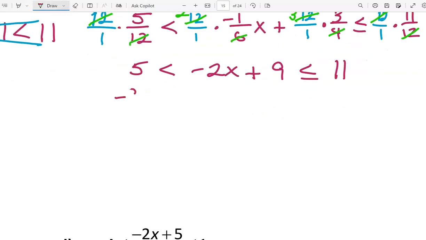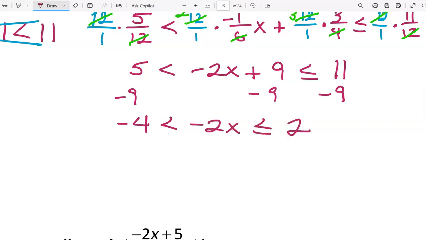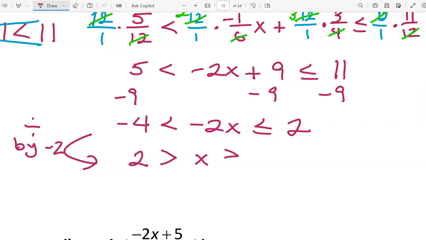Now I can subtract 9, and that'll give us -4 is less than -2x is less than or equal to 2. The next thing we're going to do is divide by -2, and the inequality changes direction in that case. So dividing by -2, that's +2, is greater than x is greater than or equal to 2 divided by -2,